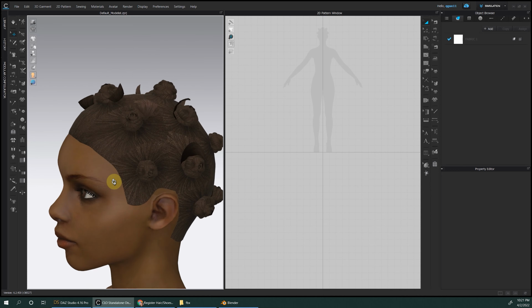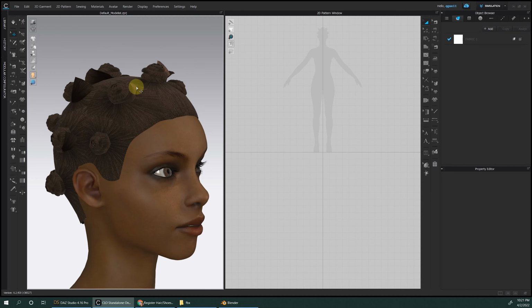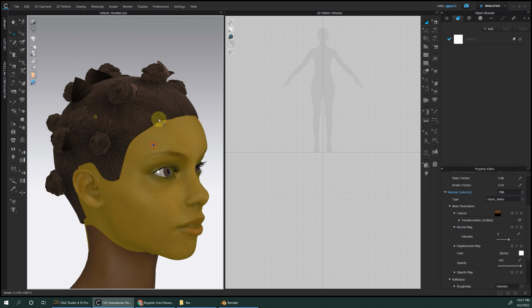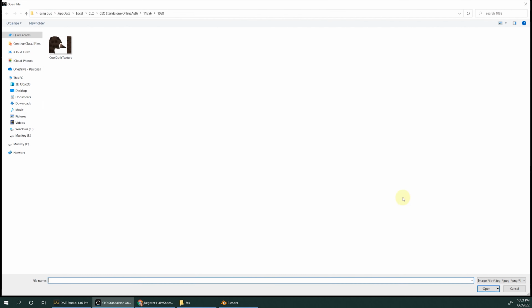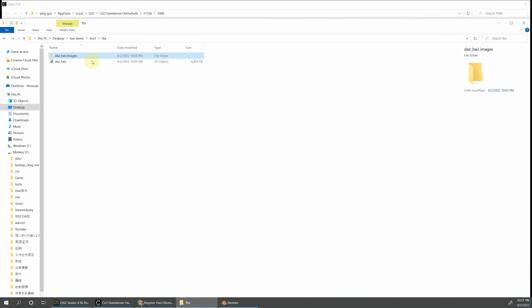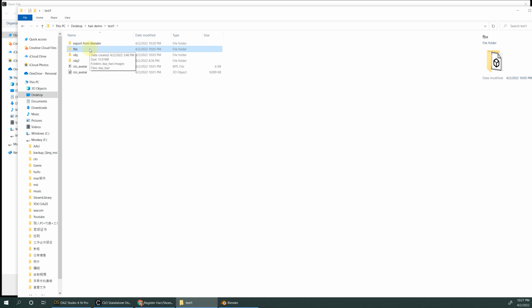But you can see the texture is an image. It doesn't look really good. What we need to do is change it. So we go to the texture and copy the path from the texture we exported from DAZ, the FBX one.